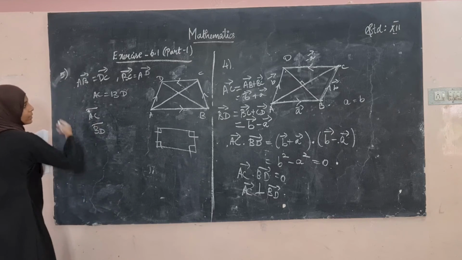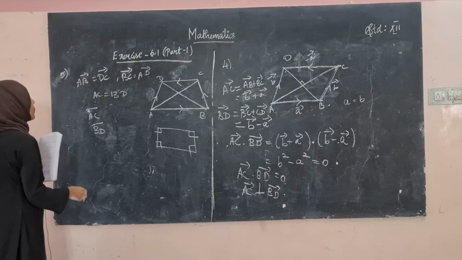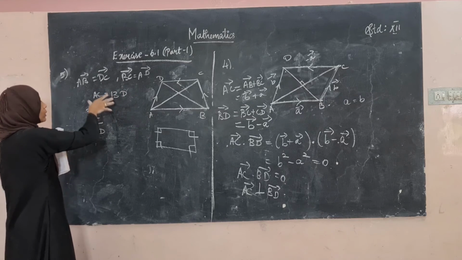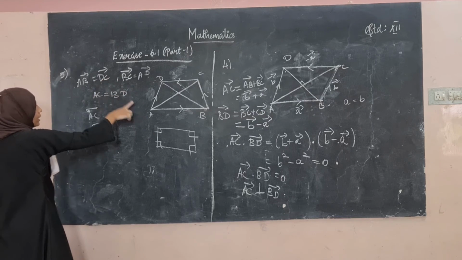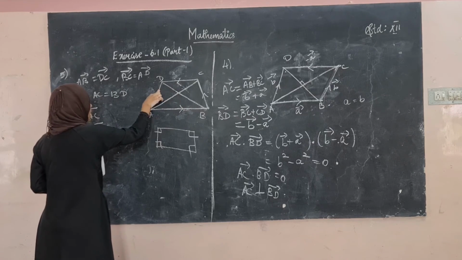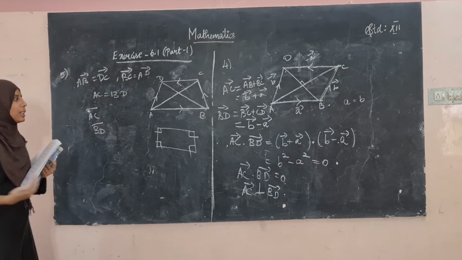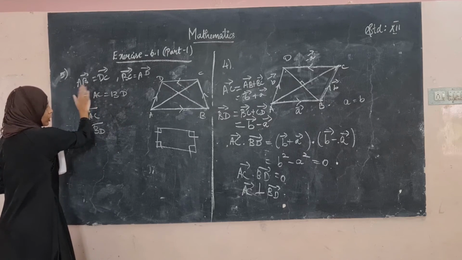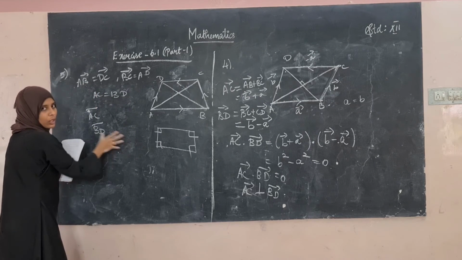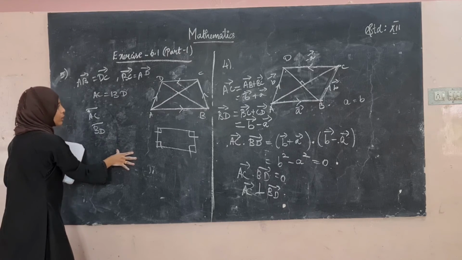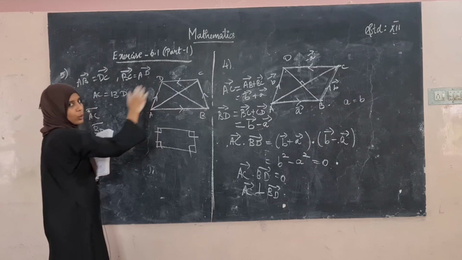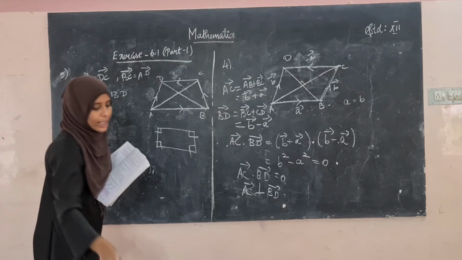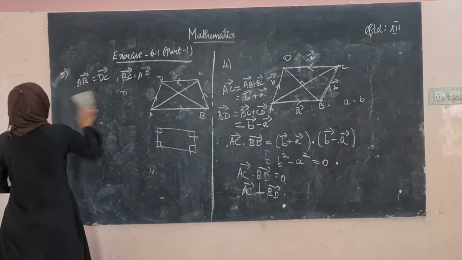So this is going to be the assignment for you. That's why I have given you the hint. First, take these conditions, because since it is a parallelogram, opposite sides are equal. Take this condition and then find AC and find BD. They have given the diagonals are the same, so take that condition, AC square is equal to BD square. Equate the values and you will be getting something dot something is equal to 0. Then you can say that these two are perpendicular, and then you can say that it is a rectangle. So, the fifth sum is going to be the assignment for you.